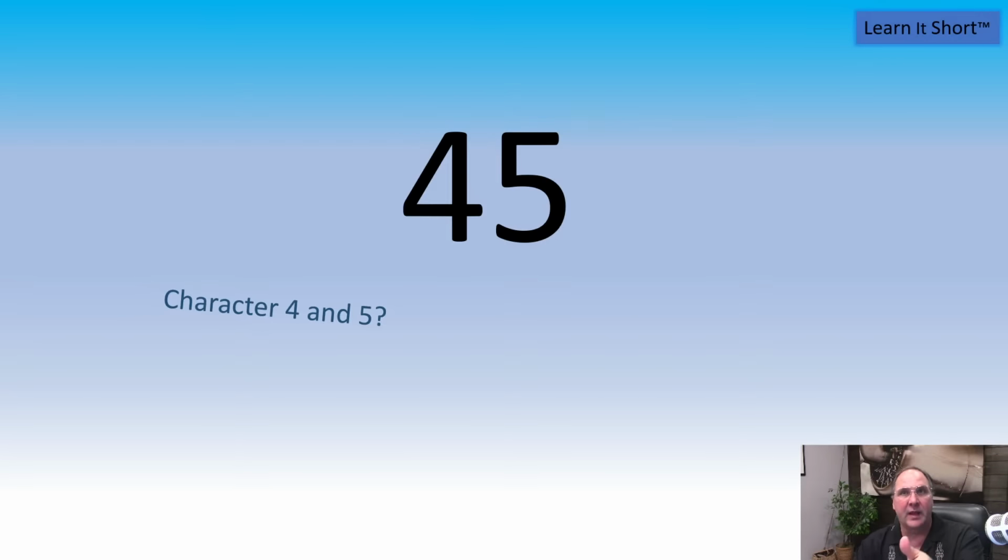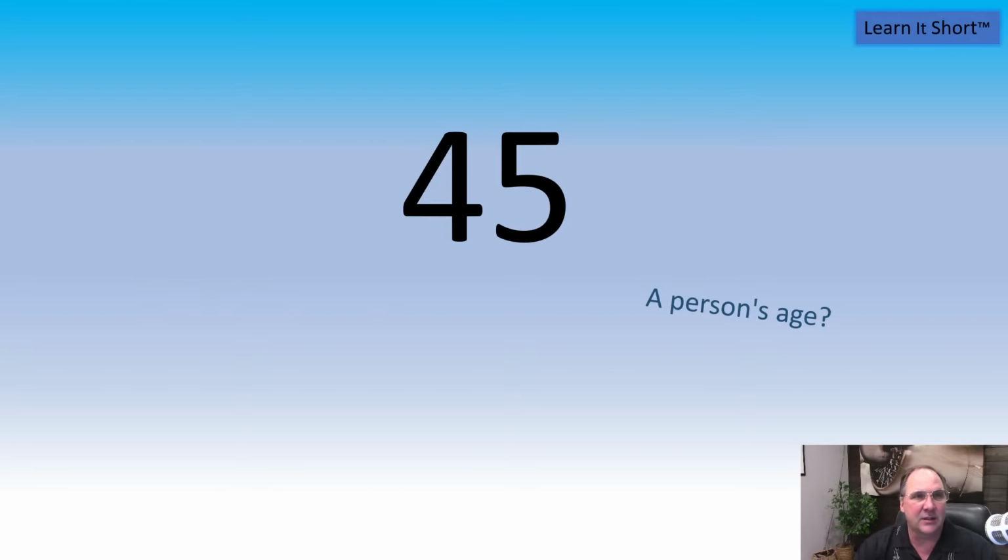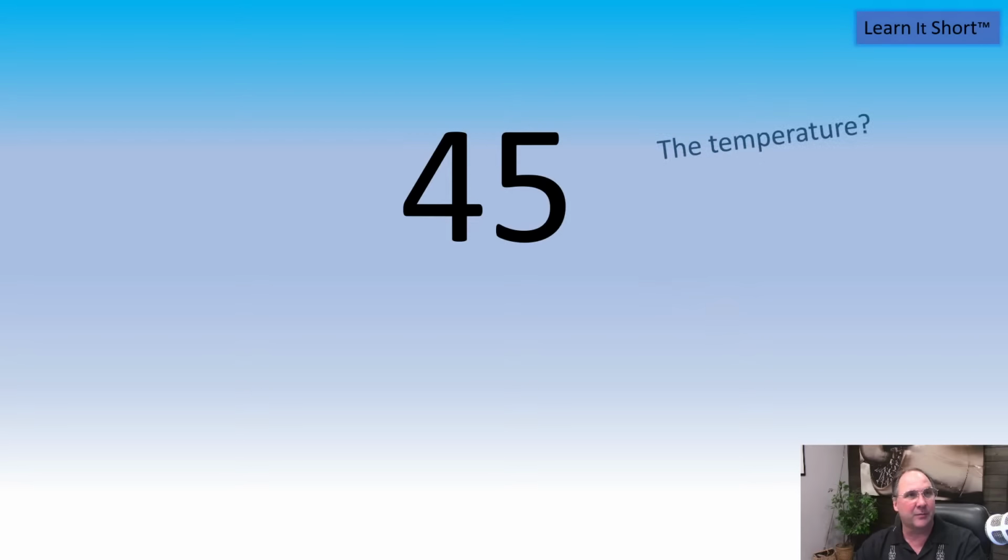But let's assume that it's a number, that it's a whole number. So what does it represent? Is this a person's age? Could be. That's in the right range for a person's age. Is it the temperature? It could be that too. So we can say that it's a whole number, and it could be a temperature, an age, or the distance between two towns in miles or kilometers. What's the meaning of this number? Regardless of what the meaning of the number is,